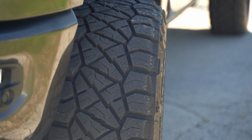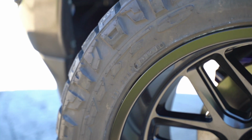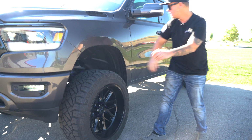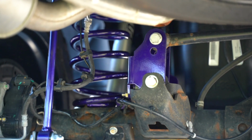So moving into the tires, we got a 35 12.5 R22 tire in the Nitto Ridge Grappler. One of the best tires on the market, so awesome to see him match up his Hostile with a Nitto Ridge Grappler. Moving down the truck, you can see he's got his spring in the back, that's purple,